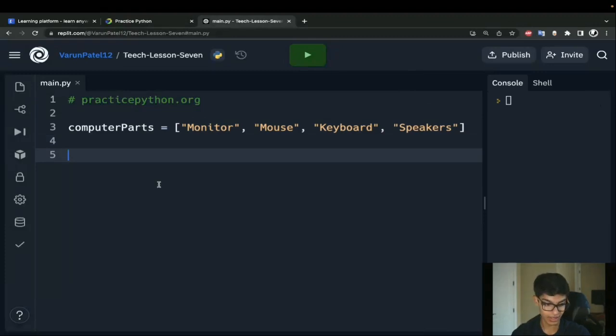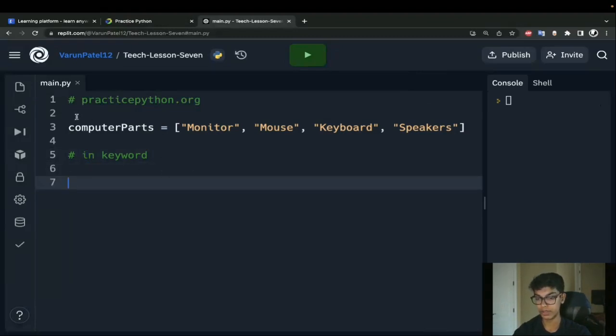So now we're going to talk about something called the in keyword. Let's say I want to check what parts I have in my computer parts list, right? And if I don't have this part, I'm going to say I'm missing this part.